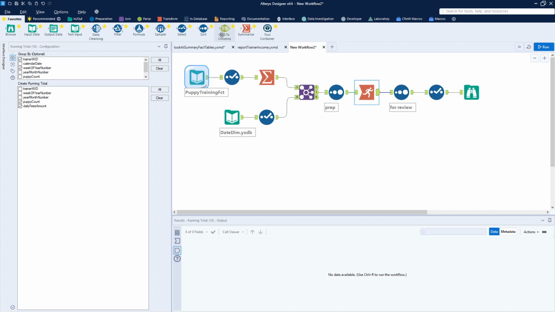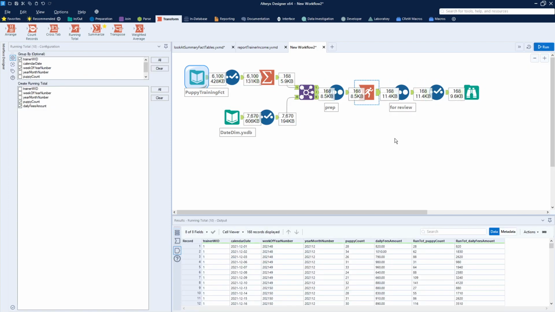That means I can drop in off of here off the transform. We have this running total. We also have a weighted average, which is another thing the financial guys love, but I don't have a use case for those put together yet. But this running total says that I want to group it by the trainer and the week and summarize the puppies and the daily fees. What this gets me out of this, if I go ahead and run this through very quickly,